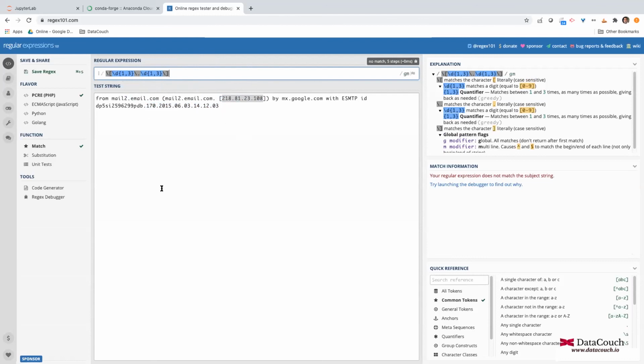Before you go into the Python code, it is very important that you test your regular expressions in the regular expression tester. And once you know that this regular expression is working fine, only then you can switch to JupyterLab or wherever you are doing coding, like a Python IDE such as Spyder, or maybe you are using PyCharm or any IDE. So hope you got it: how do we determine the IP address?